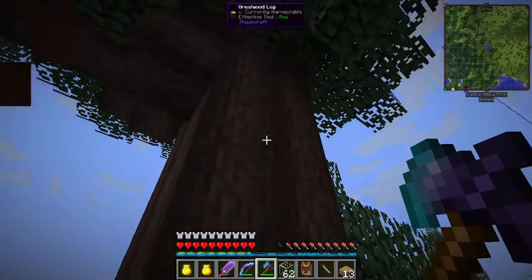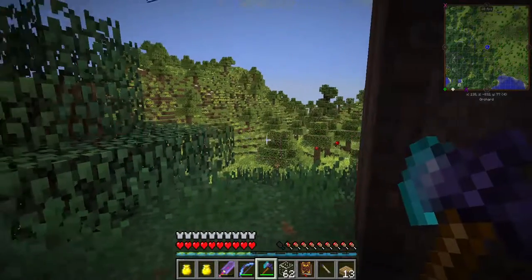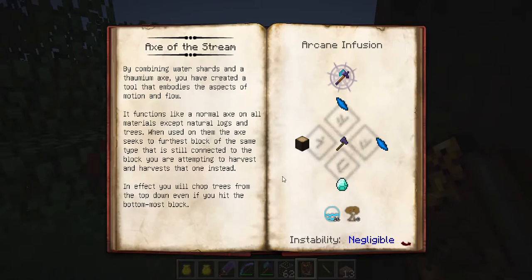What is going on? By combining water shards with a Thaumium axe, you created a tool that embodies the aspect of motion and flow. It functions like a normal axe on all materials except natural logs and trees. When used on them, the axe seeks the furthest block of the same type, still connected to yada yada yada. You are attempting to harvest that one instead. In effect, you will chop trees from the top down to...